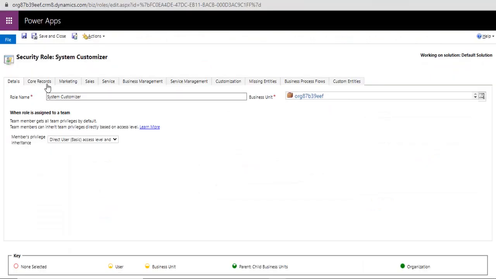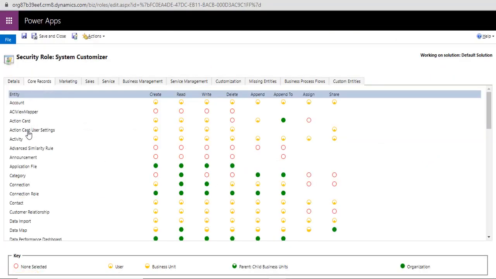Now let us remove the append privilege from the contact entity so that we can observe how it will appear when a user with this role logs in.